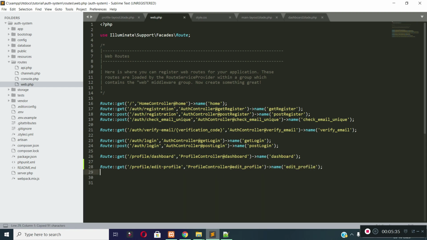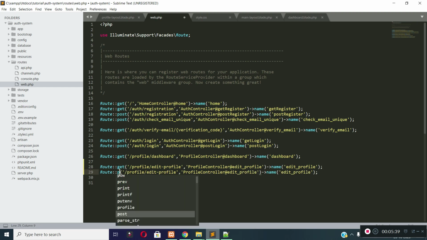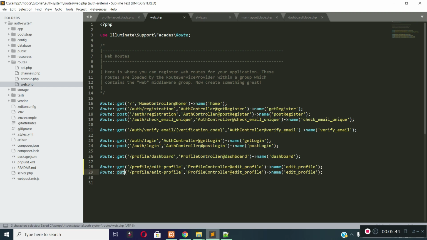And let's add another route for the action URL for our edit profile form. The method will be put because we will update the user's record. That's why I'm giving the put method here, and it will execute update_profile method of our profile controller. The route name will be update-profile.